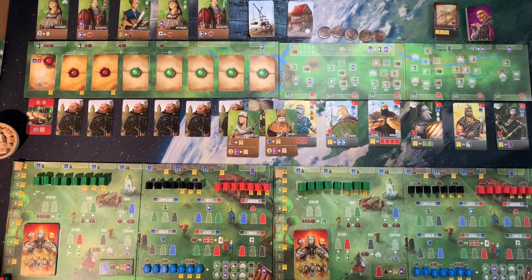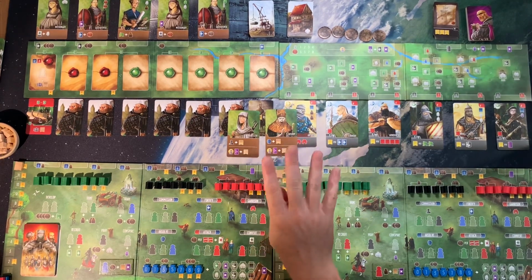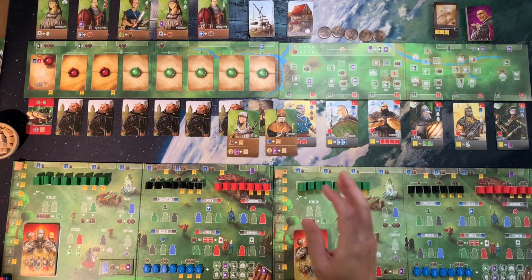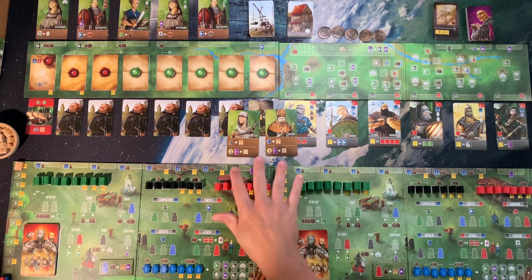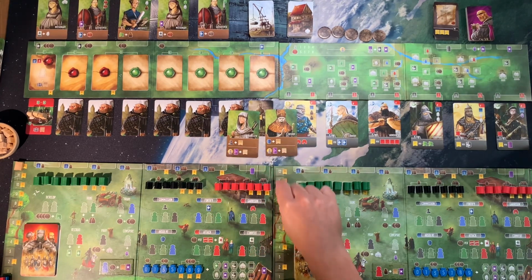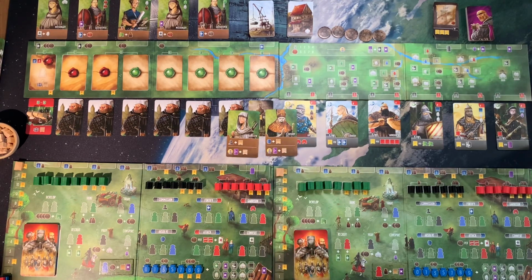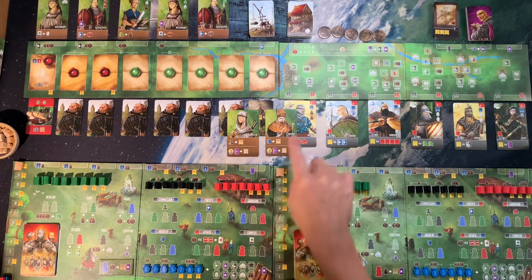Townsfolk cards. So there's 4 unique townsfolk cards in the box, and you can either randomly pass them out or you can selectively choose them. You can see that each one is going to give you a way to increase your honor based on taking a certain action. So you get to start with these, and also this is letting you know that if at any point